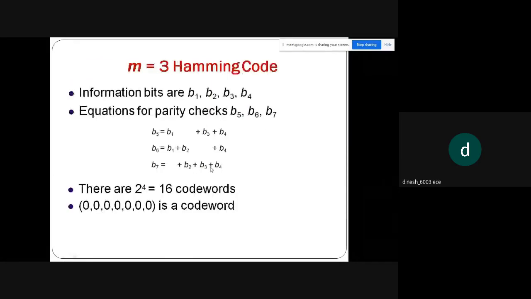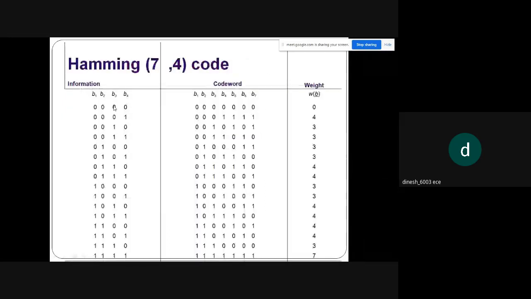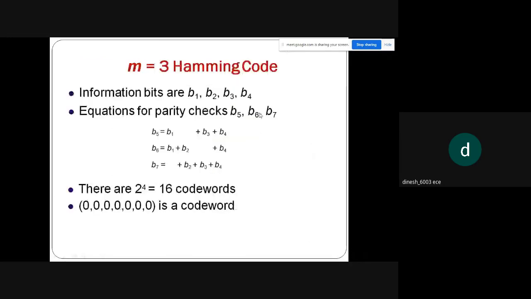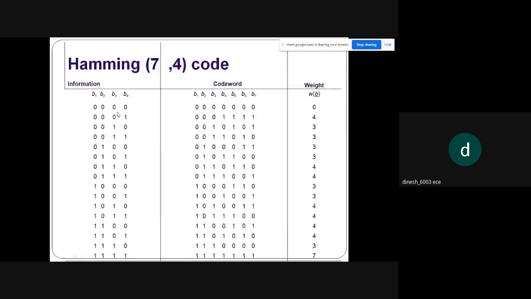Then for B7, B2 modulo addition B3 modulo addition B4. So B2 is 0, B3 is 0, B4 is 0. So you get 0. Okay, 0. So for each and everything you should do. I had done it for 4 zeros. Similarly, you take for